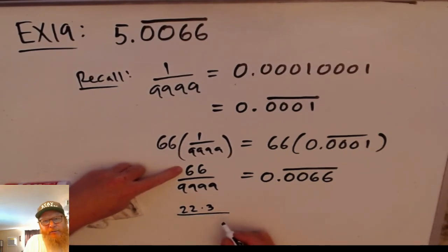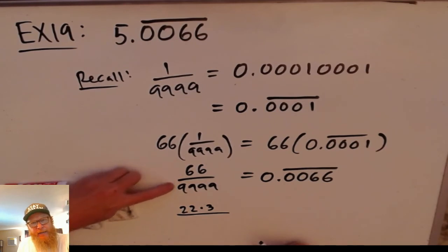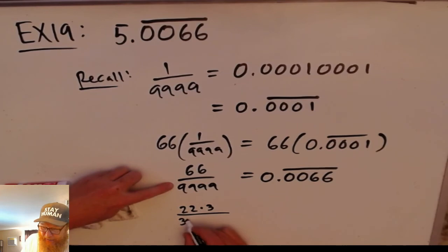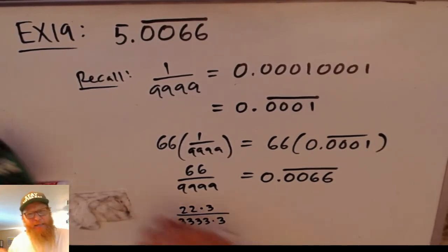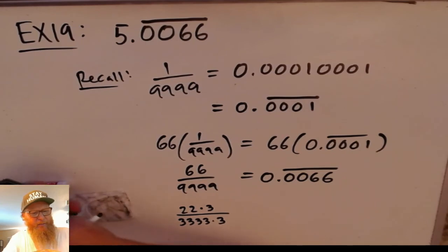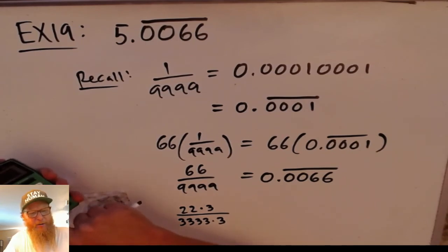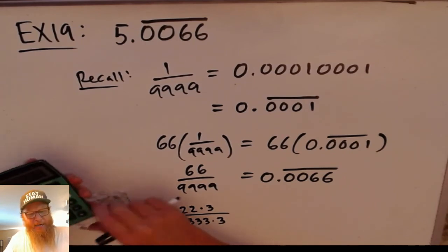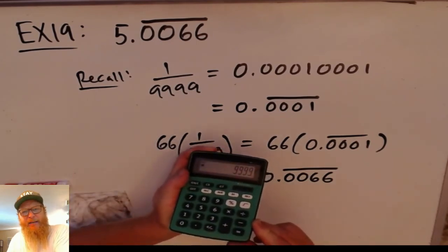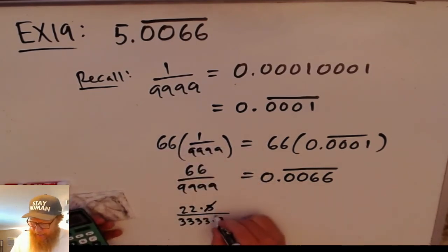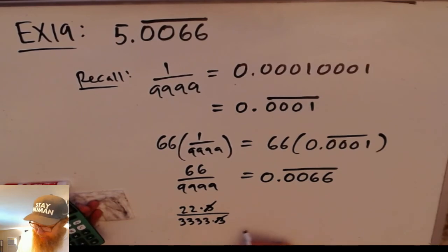66 is 22 times 3. And 9,999 is 3,333 times 3. Yeah, let's double check that. 3,333 times 3. Exactly what I just said, 9,999. So we can cancel that out, and we're going to get